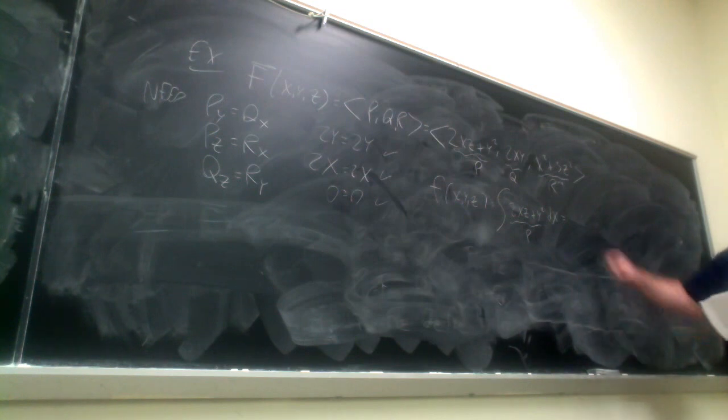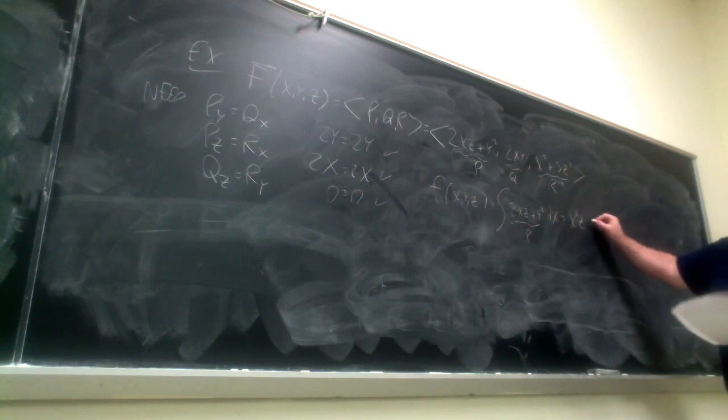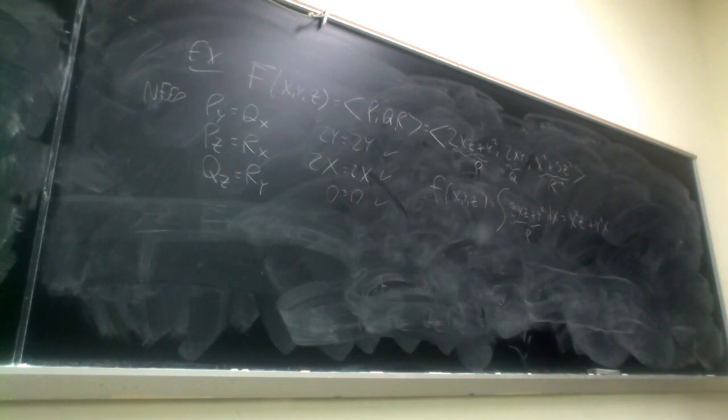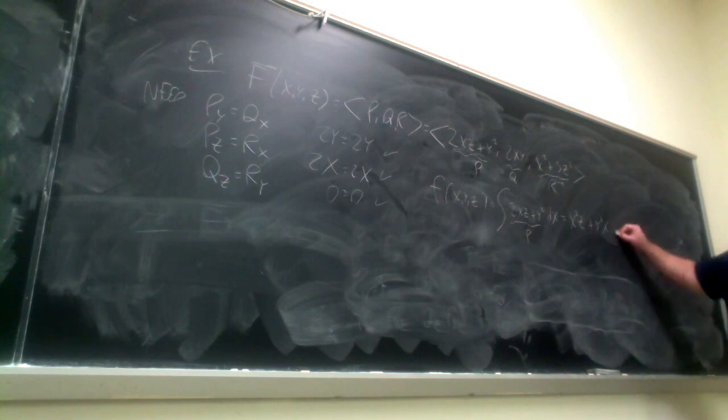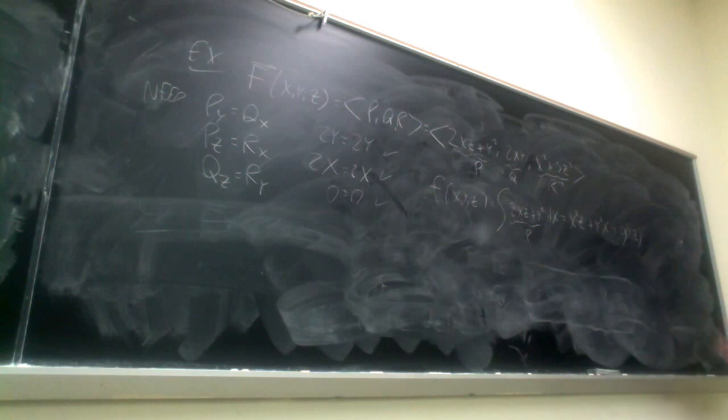X squared z plus y squared x. Okay. And then what you add on is a function that is independent of x, but is allowed to depend on anything else you have. So I'll call that g of y, z. That's unknown. Okay, so basically what you have is a template for little f, and you know part of it. Okay, so this comes from the fact that